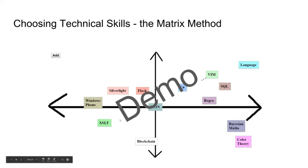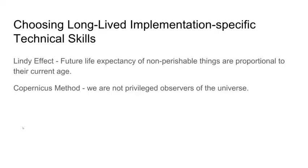I mean, if I was putting the Linux kernel on here somewhere, I would imagine it would be up here too. And chances are a new JavaScript library that's just been released, we don't really know where to put that on this time frame, but maybe we can use these heuristics to sort of figure it out. So the Lindy effect is an observation that was made about the entertainment industry back in, I think